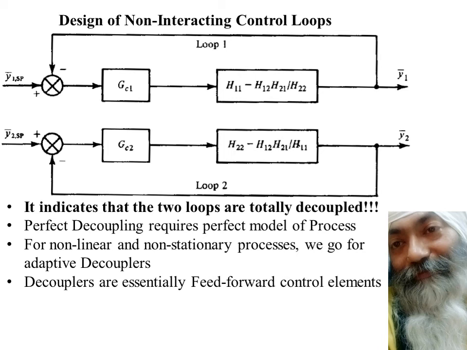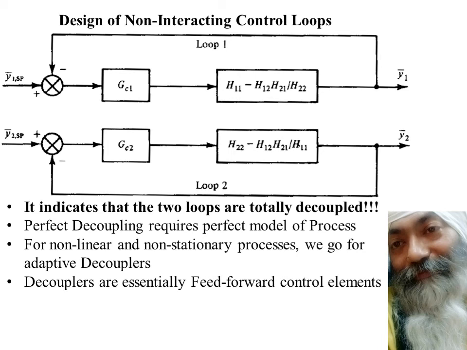They are basically feed forward control elements, because what happens in case of feed forward? We have a disturbance, so we measure the disturbance, and we take a proactive, preemptive method. You can say we have a device in the form of a feed forward controller, which measures the disturbance and mitigates the effect of the disturbance before its effect is felt on the output.